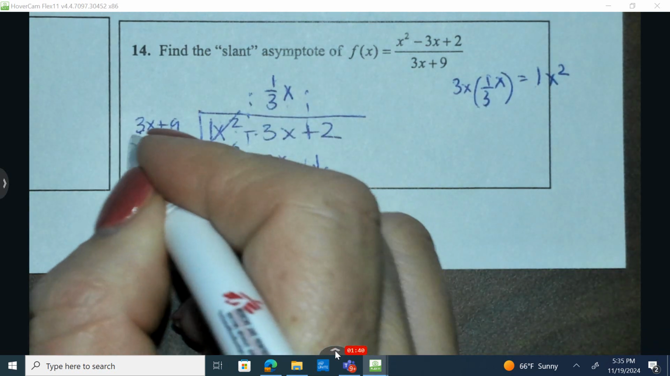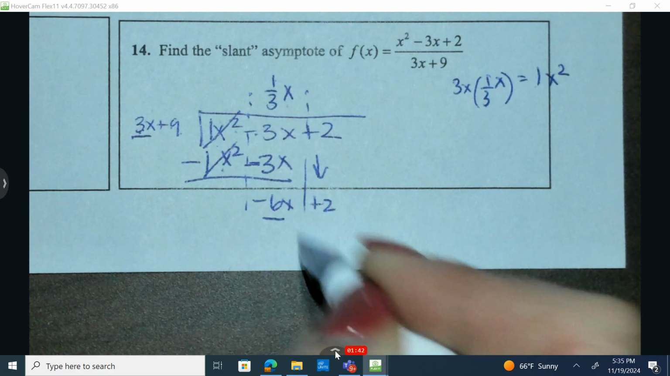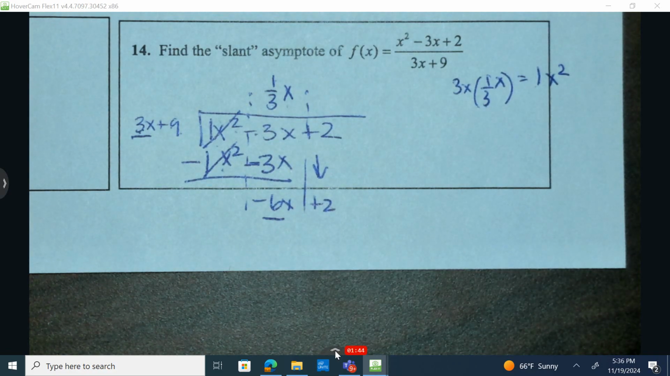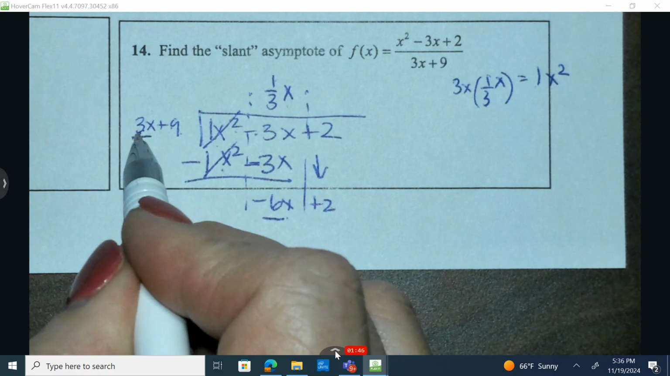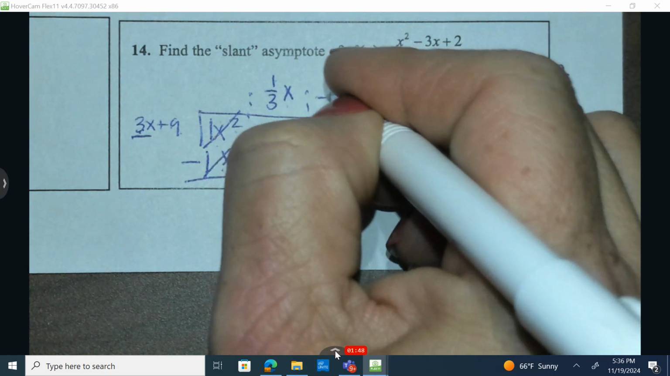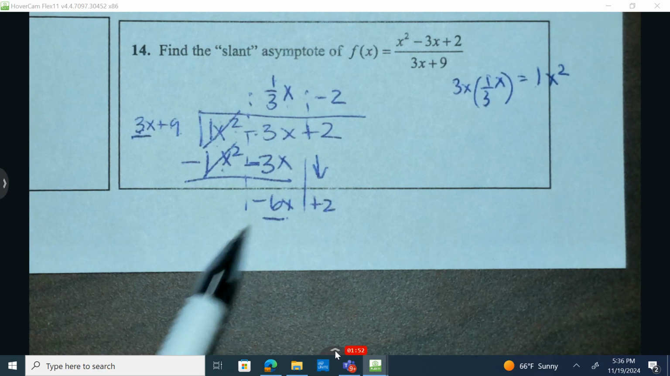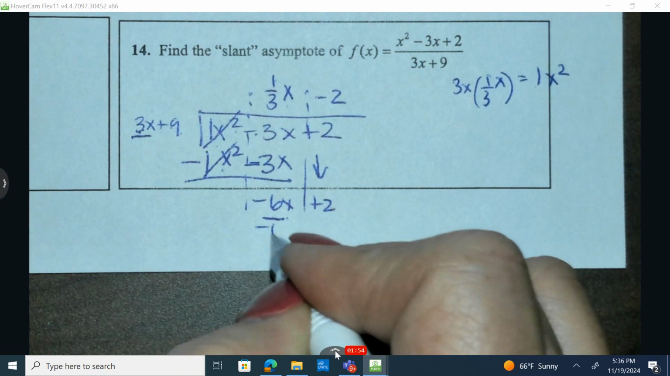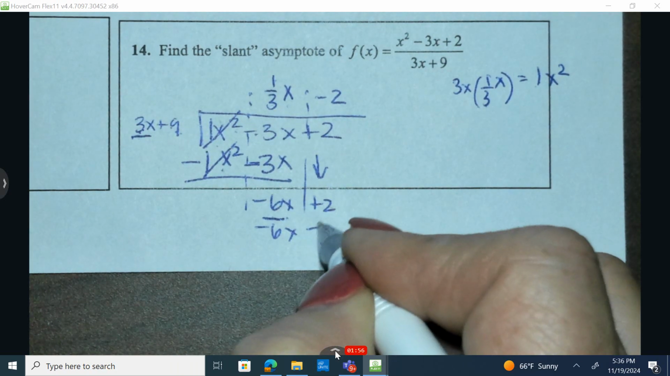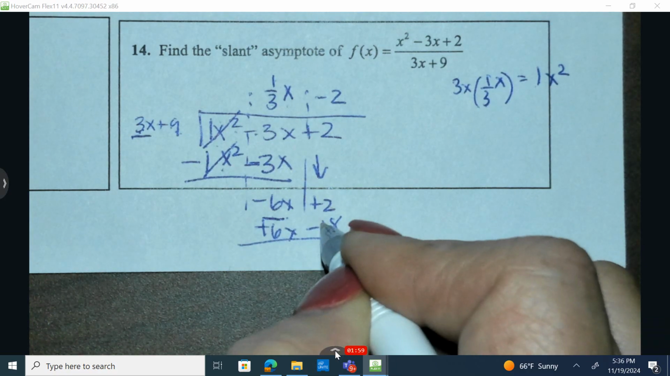3 times what quantity is -6? And that's going to be a -2. I already have 1x here, so I don't need to add an additional x to come up with 1x. I'm going to multiply to get -6x, multiply to get -18, change the sign of everything in the second row,